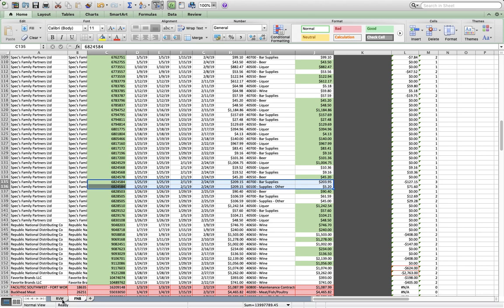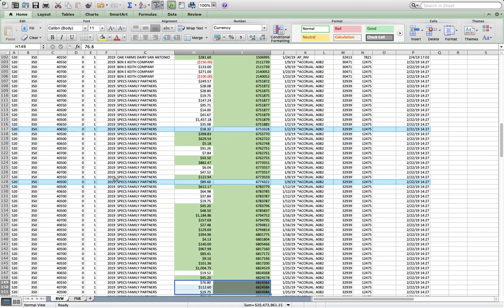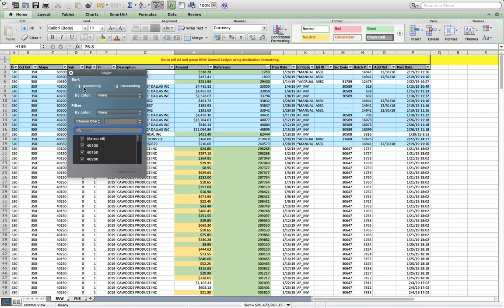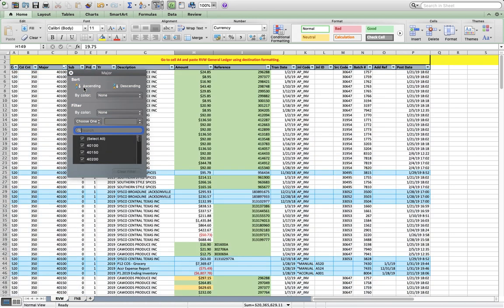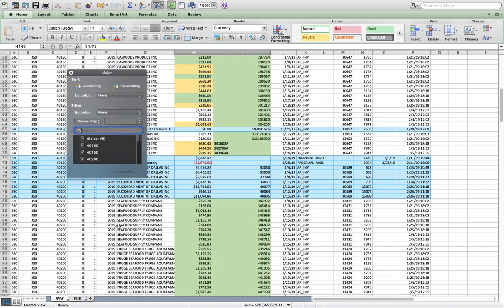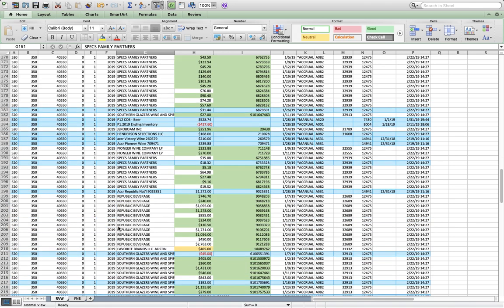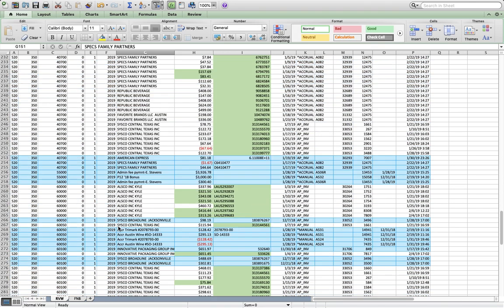I'll tell you as well that when you're running this report in RVW Web and you see these large blocks of blue, one of the things that you can do to clean this up is go to Major, that's your General Ledger category, and we're going to sort it by the General Ledger category right now. And when I go down and I get to some odd blue blocks like,